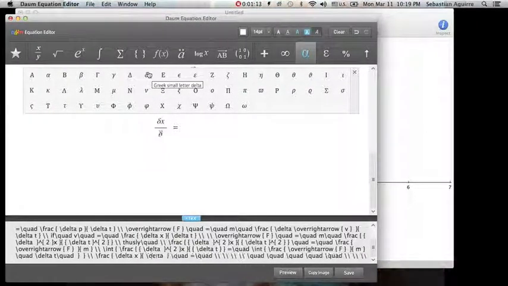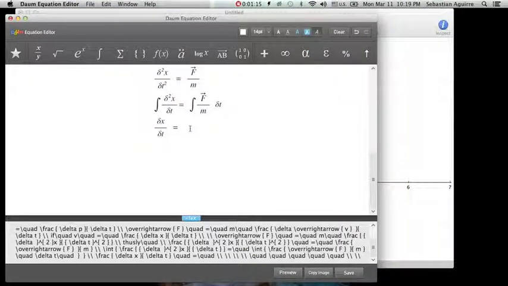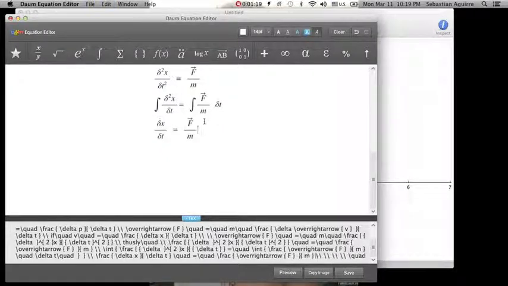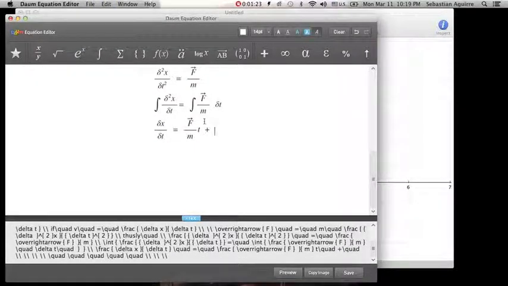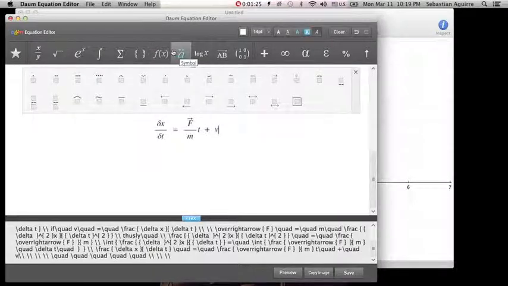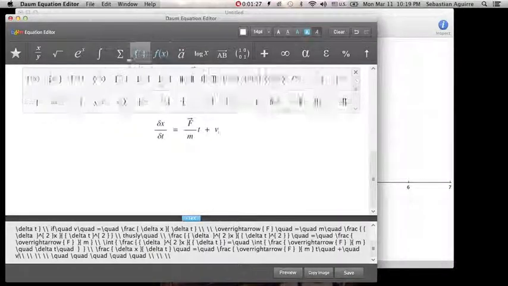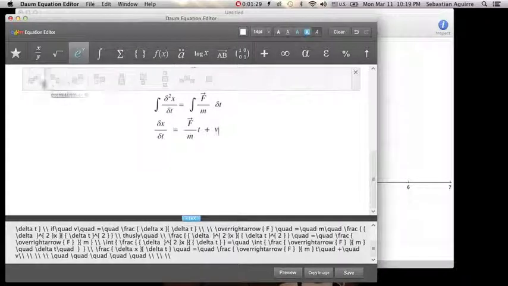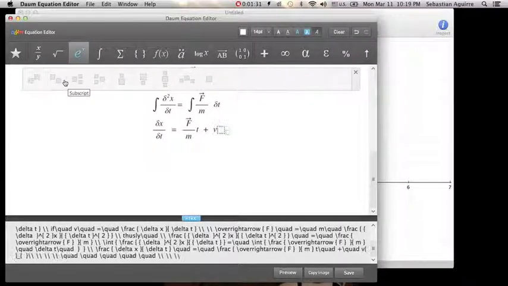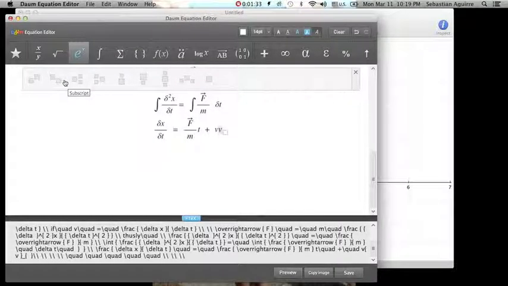I promise y'all that. And this should be that times t plus our constant of integration, because again we are doing an indefinite integral, so that requires a constant,